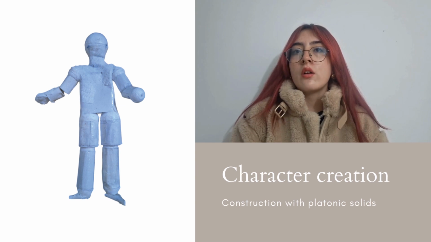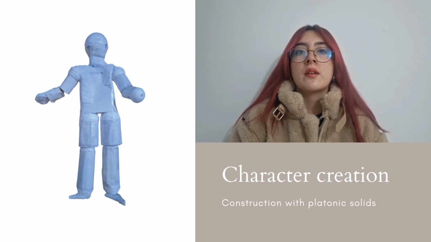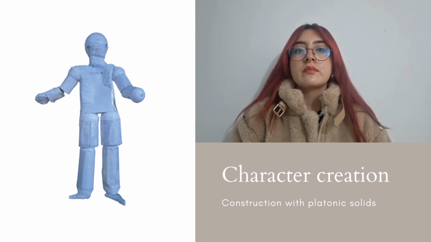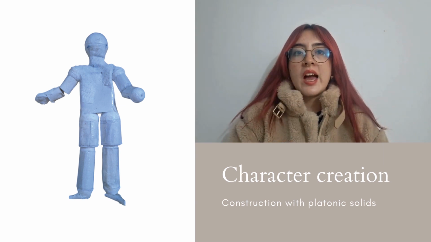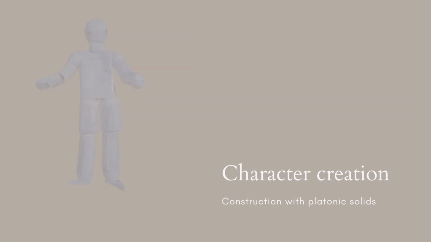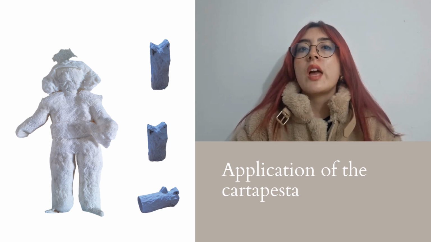For the bird, an oval for the body, a cone for the tail, and a beak and a circle for the face. And the cage that is next to the main character, a rectangular prism for the base and a circle with cutouts for the top. When I had a base of all the objects made, I started with the application of